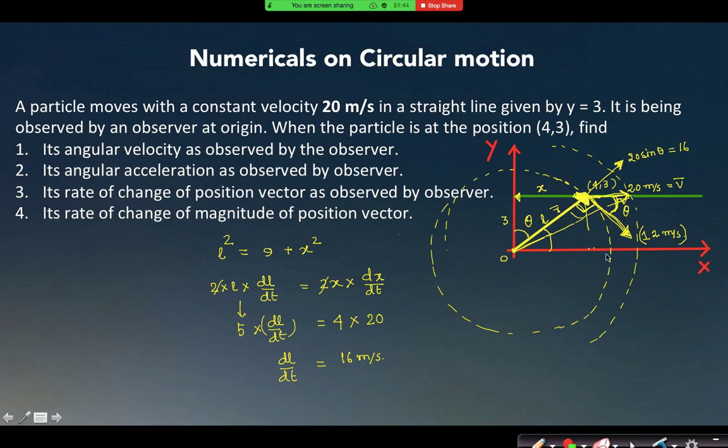and it is a circular path, 12 meter per second is only responsible to change the direction. Can I say that for this circular path, this component of the velocity can be written as r omega only? Do you remember what was the velocity in a circular motion? V is equal to r omega, can I say that? Now if I write 12 is equal to r omega, can you directly find what is omega from this expression? What is r at this instant? What is the value of radius at this instant? 5. So can I get omega is equal to 2.4 radian per second? Yes or no?